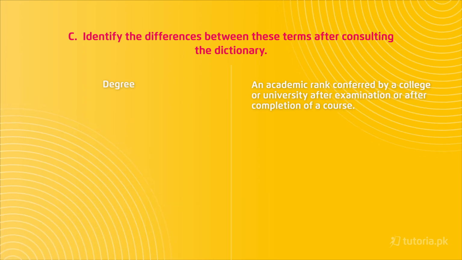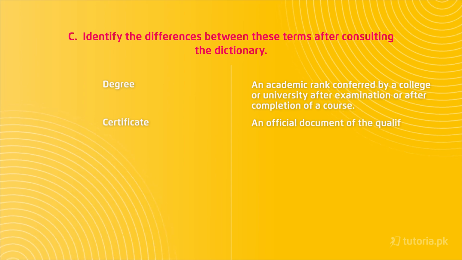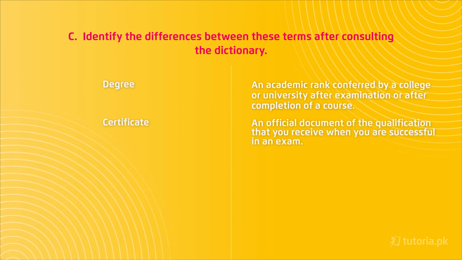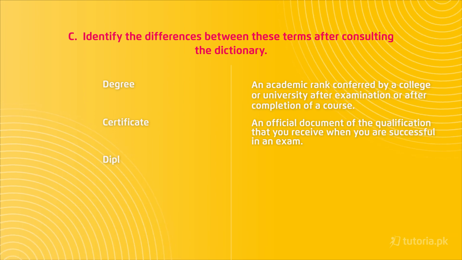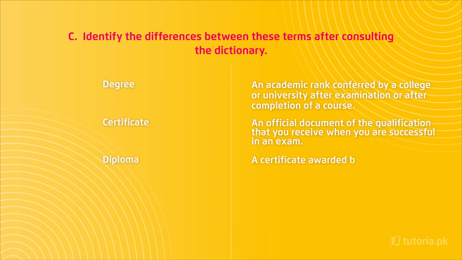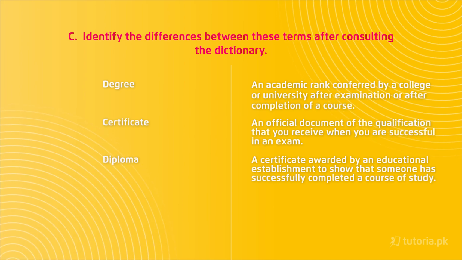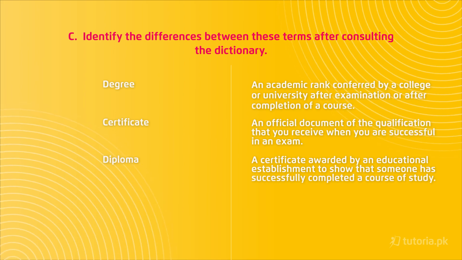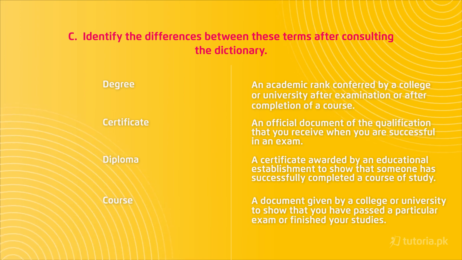And then second word is certificate. इसका मीनिंग होता है an official document of the qualification that you receive when you are successful in an exam. Third word is diploma. Diploma क्या होता है? A certificate awarded by an educational establishment to show that someone has successfully completed a course of study. Last word is course. ये क्या होता है? A document given by a college or university to show that you have passed a particular exam or finished your